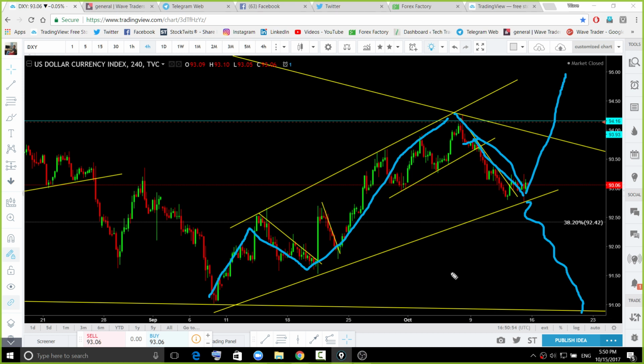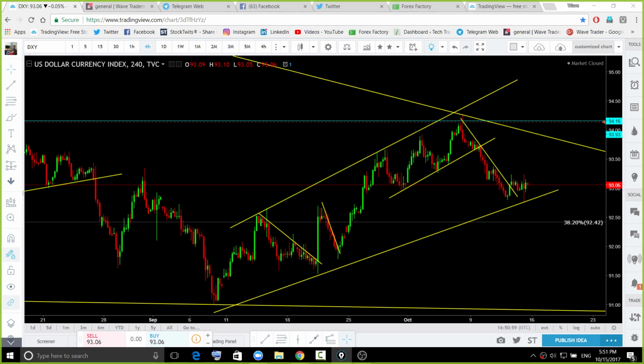So how can you trade? Which way do I want to see the dollar index go? If the dollar index is going to do like that, I want to see that move. If it does that, I'll be more interested to look to sell the Euro USD. I'll be more interested to go short on the Euro USD rather than buying the DXY at the current price. The next possibility is this: it can break down and test this bottom again, which can change the head and shoulder formation.